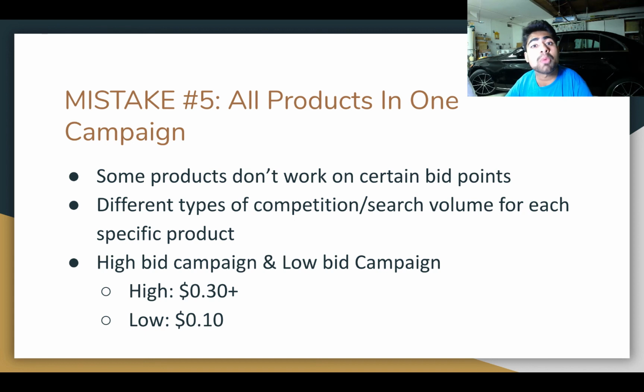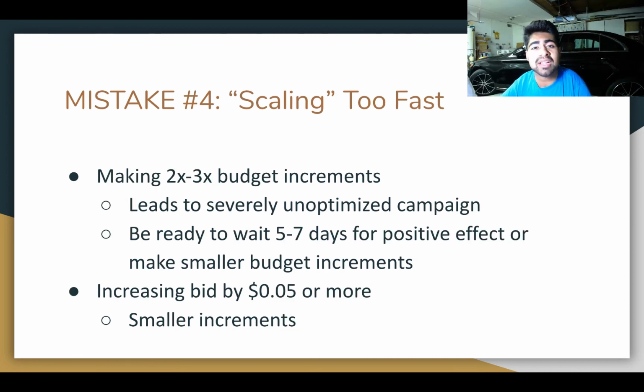So this will be our lower bid campaign, and it will help you rank your products at a lower cost. So the keywords that you're ranking for with this campaign compared to the first campaign will be completely different. And again, you'll see very, very different results for both of these. But those were the 5 mistakes and the 5 solutions when it comes to Google Ads.